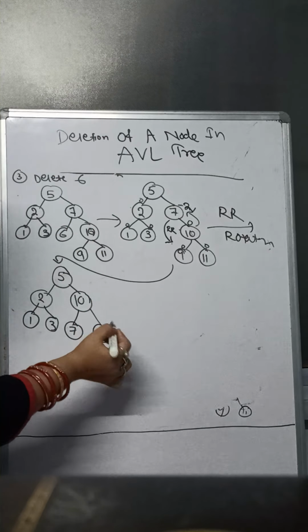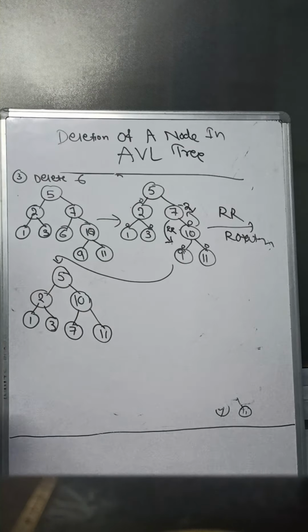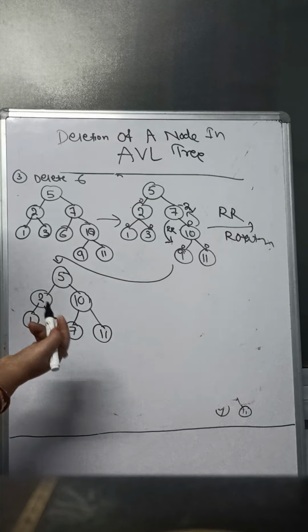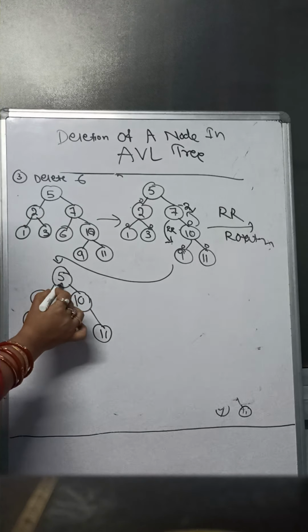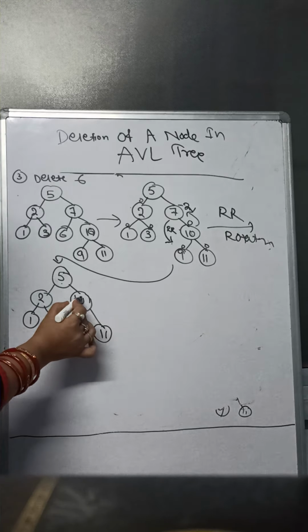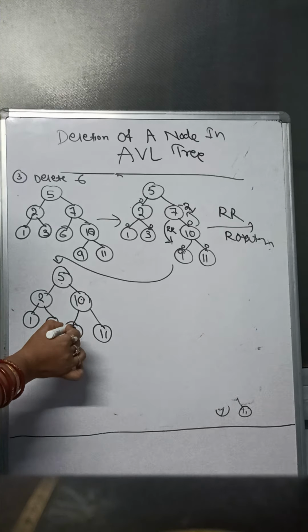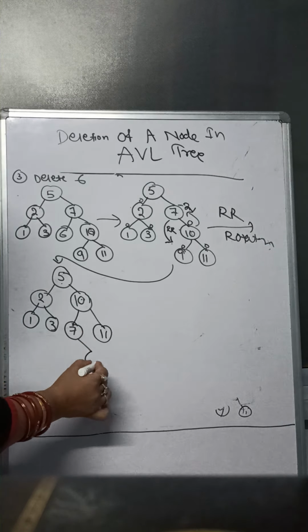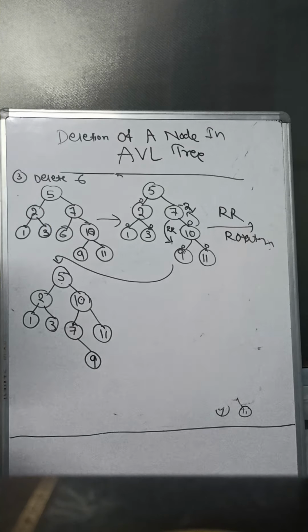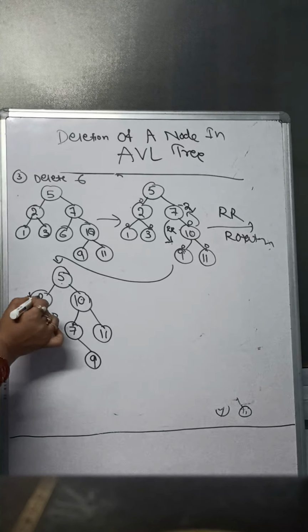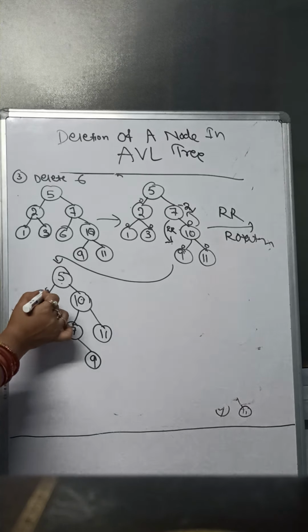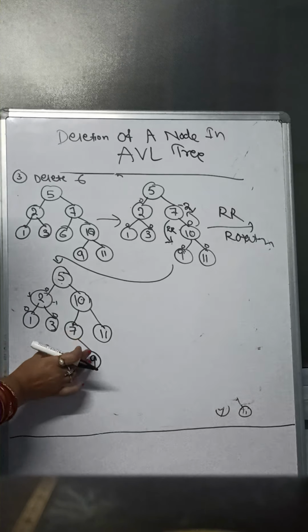So here now the link of 9 will cut, okay? Now the link of 9 will cut. So how the 9 will be placed? 9 according to the BST rule, 9 greater than 5, okay, comes here. 9 smaller than 10 comes here, and 9 greater than your 7 comes here, okay? So now again I have to calculate the balance factor. 0, 0, 0, 1, 0, -1, 1 and -1 difference 0, okay? Then this is your tree.